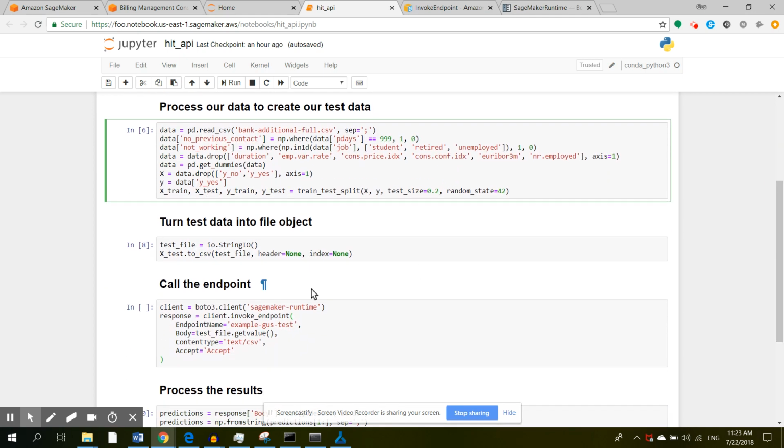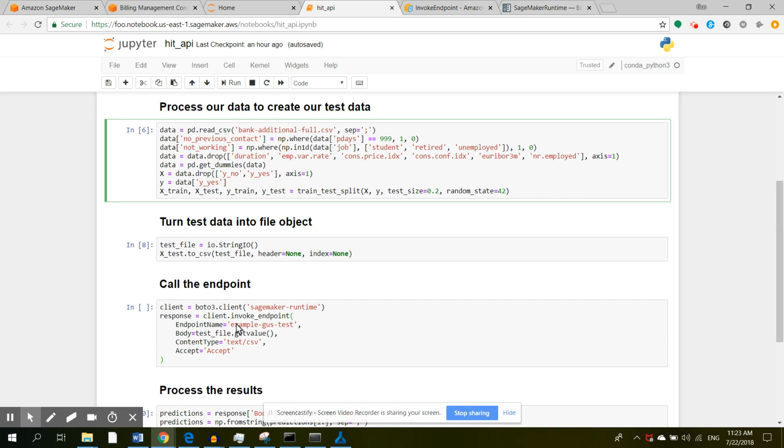But then this is the key step. We're going to take our test set, which is a pandas data frame, using scikit-learn's train test split. We're going to take that and write that to CSV, and we're going to pass it to this file object. And the other key is no headers and no index. That keeps your data so it won't have 0, 1, 2, 3 as an index, and it won't have the headers. You remove those things and you pass it to this file object, and now you give